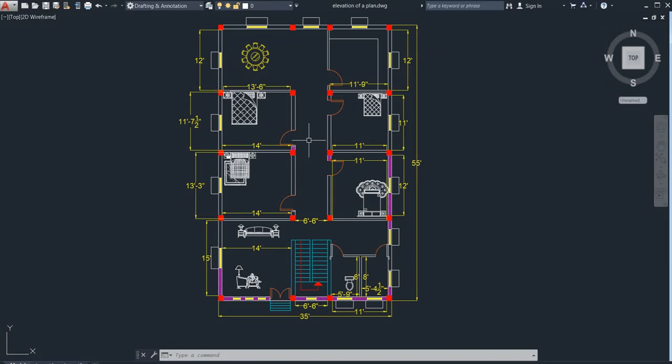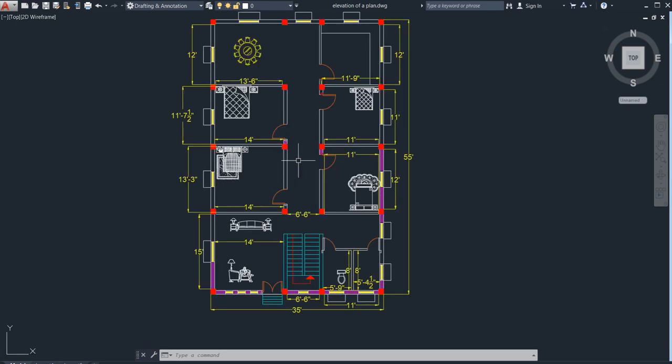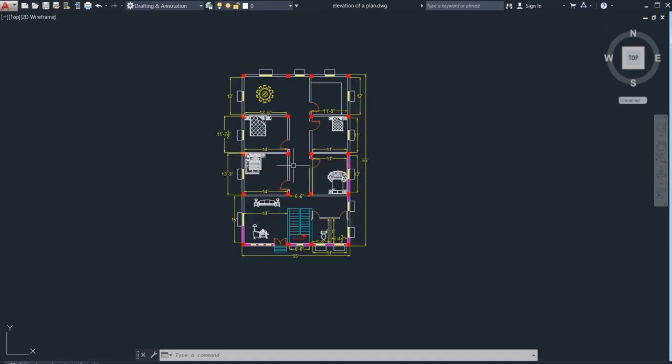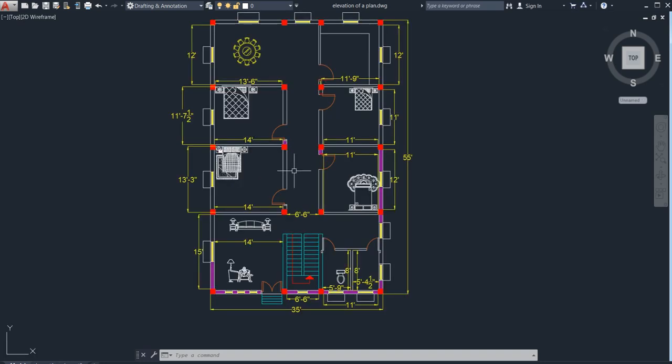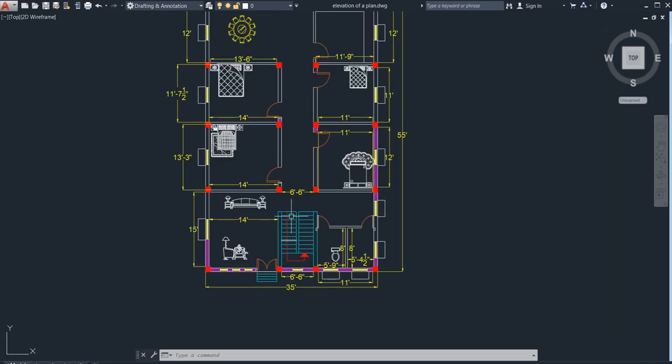So today my topic is not only to tell you how to draw a plan of a building but also how to read the plan of a building. Drawing a building plan is as necessary as being able to read one. If you are a good AutoCAD draftsman, then you must know how to read a building plan. So today this topic is about how to read a building plan.